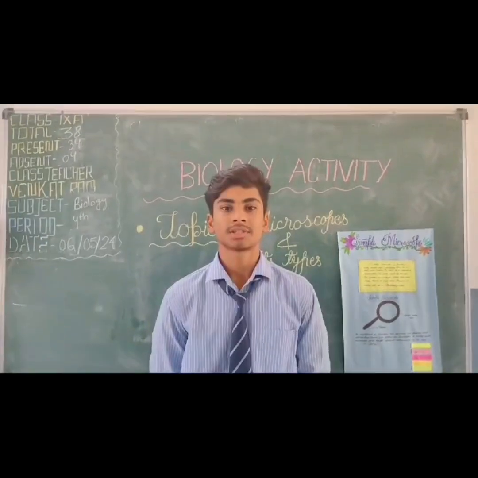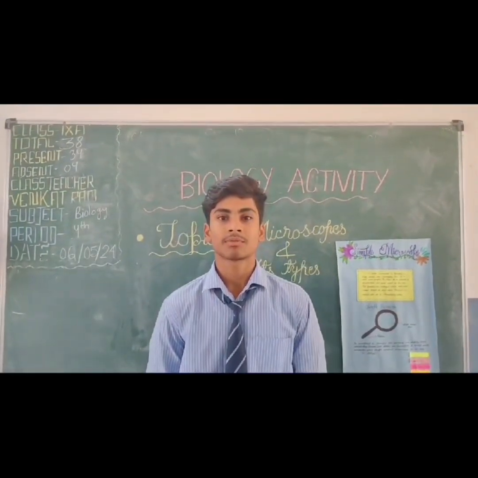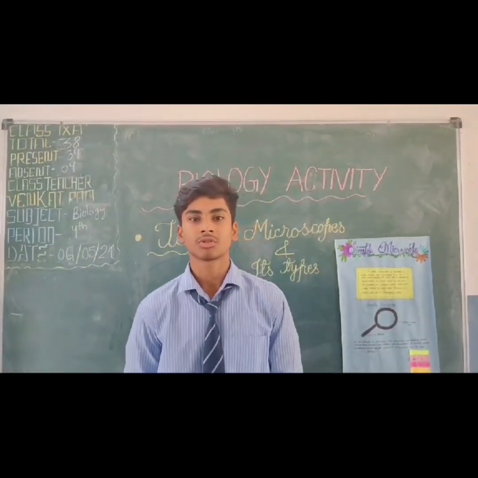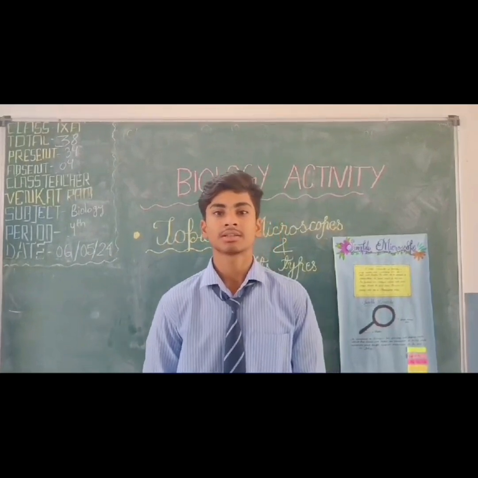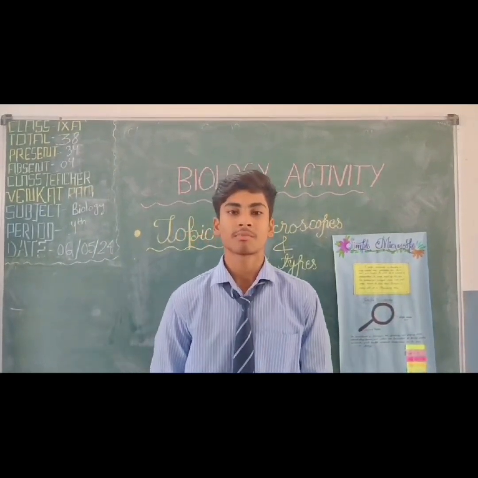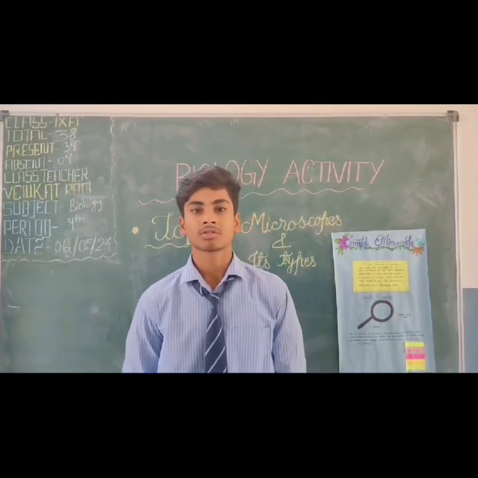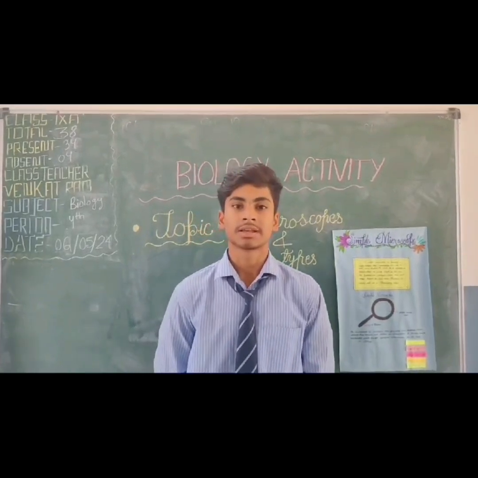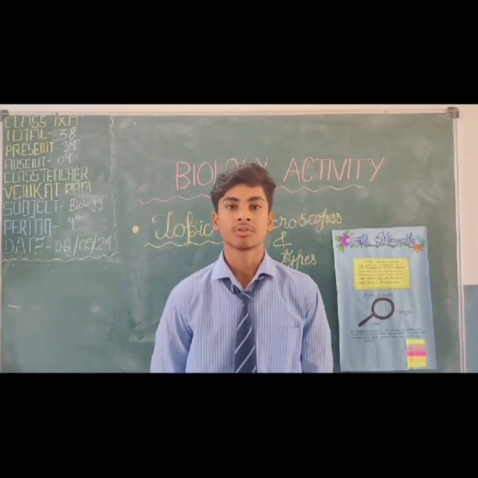My name is Jwala Prasad Mato of Standard 9 and my topic is types of light microscope. There are two types of light microscope. First, compound microscope. Second, simple microscope. But my topic is the compound microscope. It is the type of light microscope which observes minute things. Its magnification is 300 to 1500 times. It can be placed anywhere. Now for further explanation I would like to invite Atri.